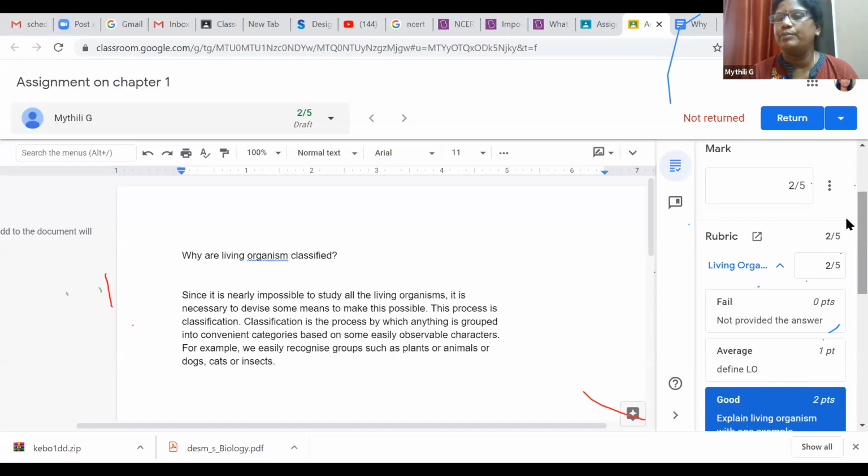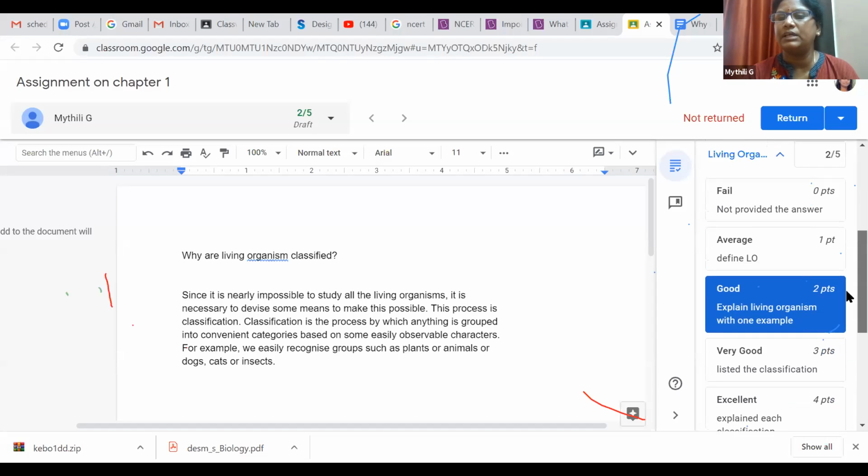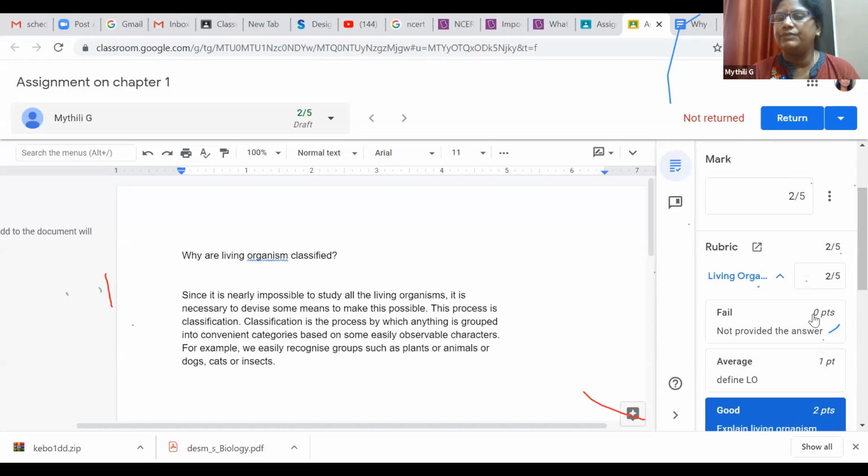The rubric mark will be here, that 2 marks I have selected based on this answer, and whether this is classified with examples and explained with these points, you can give this mark here, and then automatically the mark out of 5 will come to you.